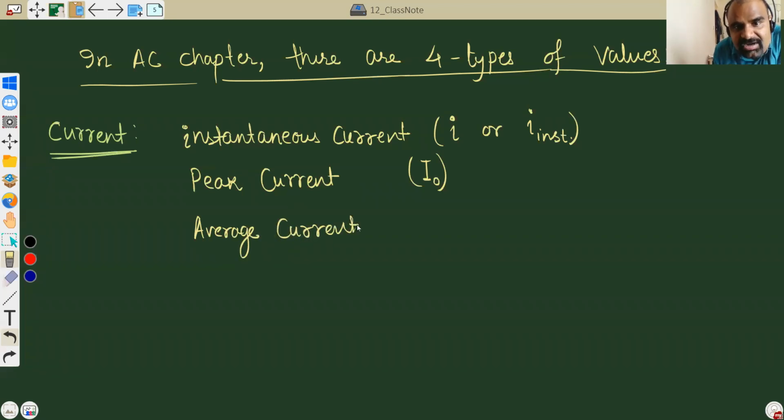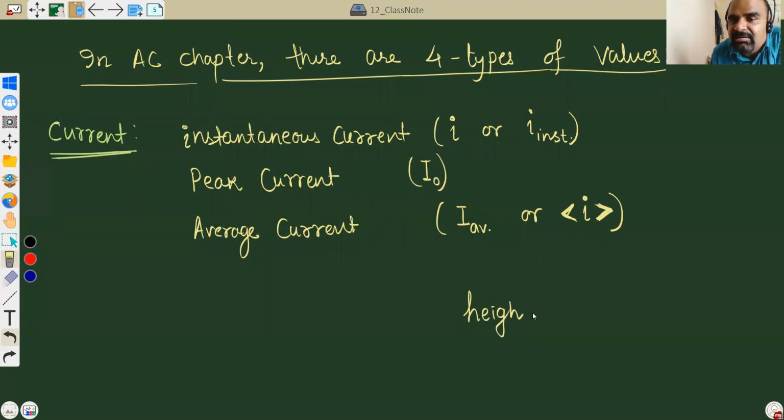And then the other one is average current. On average, how much current is flowing? That we represent with the symbol capital I, and we write AV here, or small i, and we put this type of symbol. This also means average. Have you ever seen this symbol or not? This symbol mathematically means average. For example, in this classroom, suppose there are 60 students and I want to find the average height. So how will we write average height? So average means this.